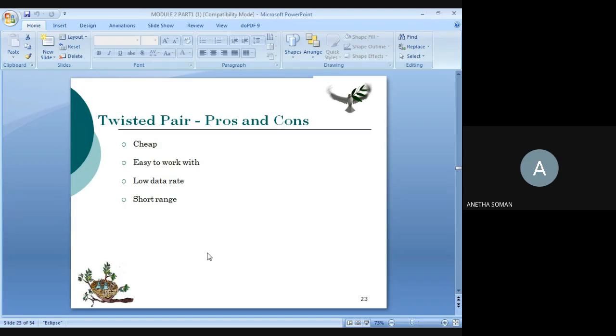Based on what are the different categories that we studied? How many categories are there, and based on what? There are 5 categories, all based on the cable quality.